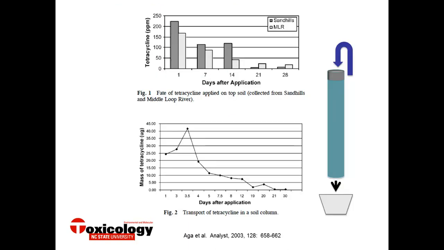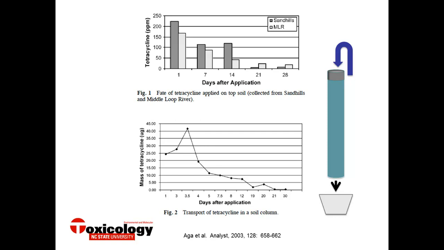Now, let's look at a specific example. One chemical that is used to treat hogs is the antibiotic tetracycline. Tetracycline has a log KOW of minus 1.3 to 0.05. And the solid-water distribution coefficient, KD, is 300 to 2,000 liters per kilogram. Now the low KOW values indicate that tetracyclines are hydrophilic. Remember, minus 1.3 to 0.05 is the KOW. That means it's more hydrophilic, or water-loving, and therefore it's more water-soluble, and it has a lower tendency to bind